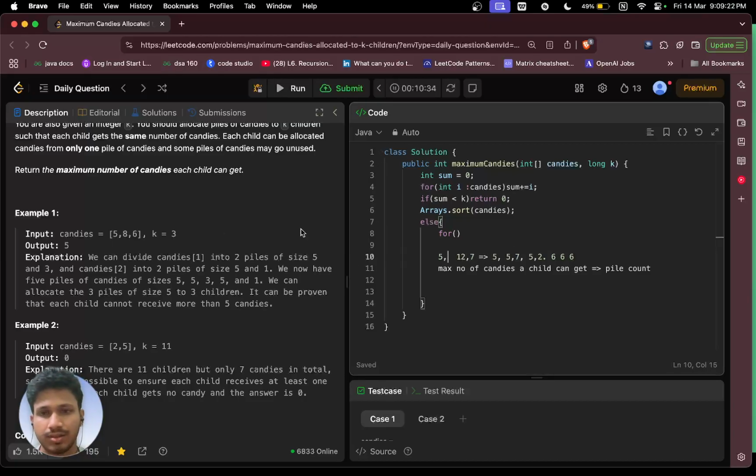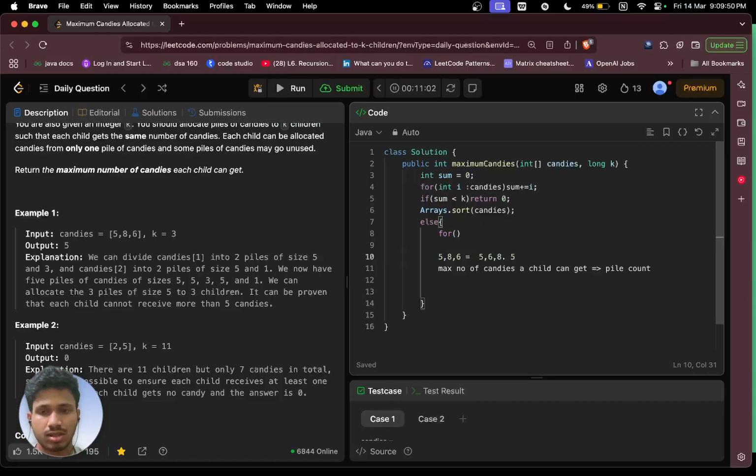And if we see in this array 5, 8, 6, what happens is the maximum number of chocolates, if the array is sorted, it would look like 5, 6, and 8. And considering the first minimum element, which is 5, and considering this can be the maximum a child can get if they want to do it equally,